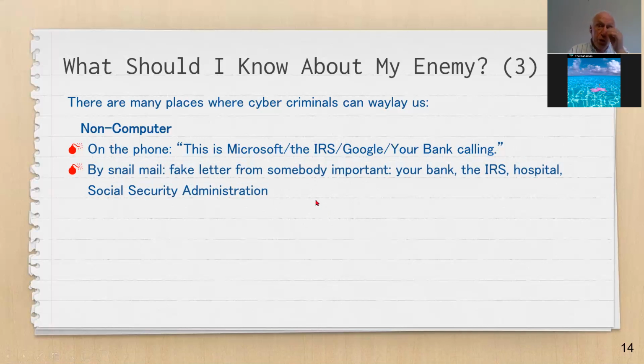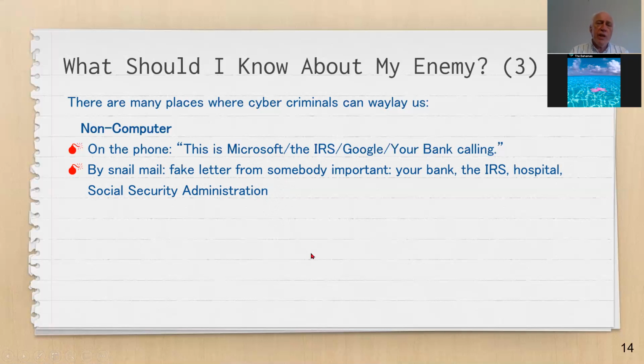So in the old days, they used to have you do a bank transfer, but the banks are wise to that now. So that's why they come up with this idea of, get in your car, go to Target and buy gift cards. Because once you read the number on the back of the gift card to them, that's cash, right? And they can use that number now. They can go to Walmart.com or Amazon.com and buy whatever they want. And within 15 minutes of you giving them the number, that money's gone, right? They bought the TV set at Best Buy or at Target, and they're gone. And you'll never see the money again.